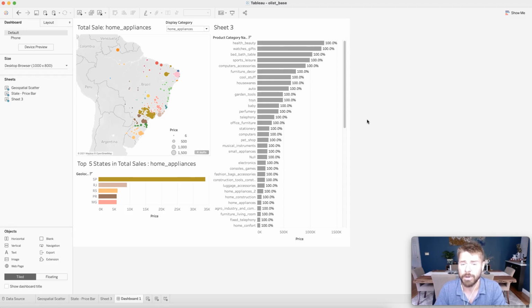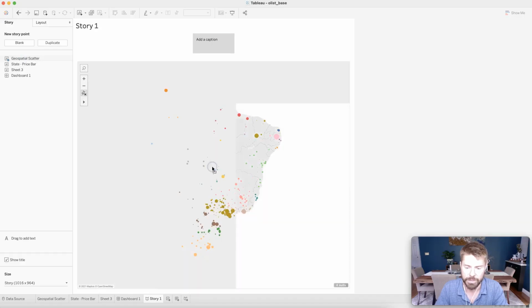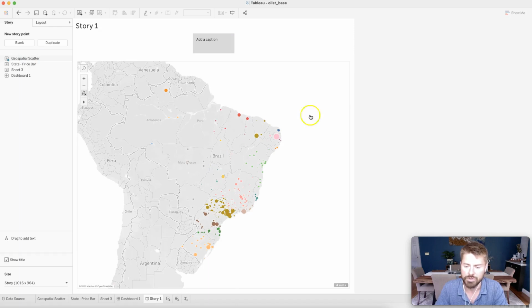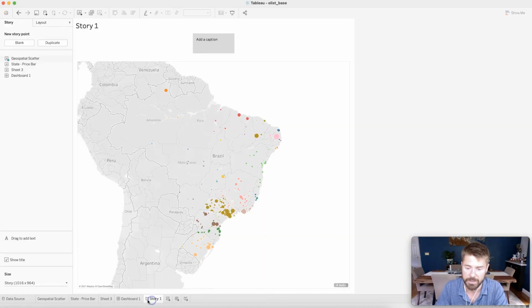So this is covered by the Tableau feature called Stories, which is our last little plus icon down here. Stories are basically just PowerPoints inside Tableau itself. So we start by dragging our sheets in. So I can drag geospatial scatterplot in. Notice you might have some cards here. In fact, I was just playing around between videos and hid them, and so you can hide these too. The important thing is we always want to add a caption here. We want to say something like